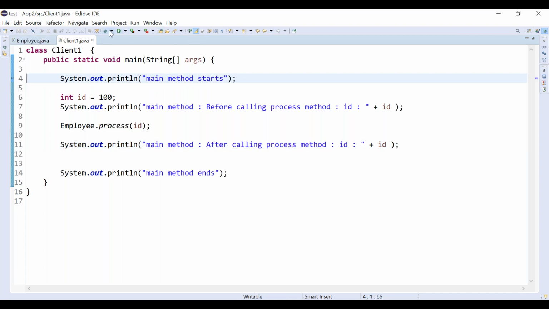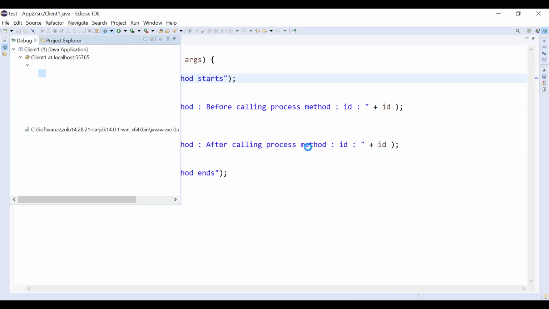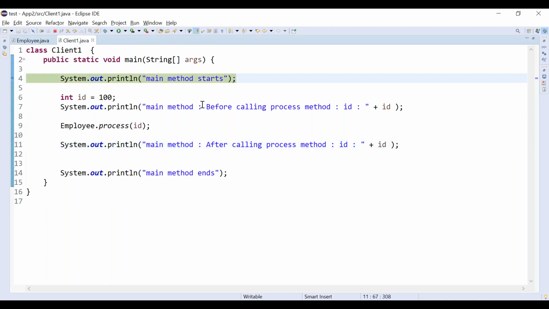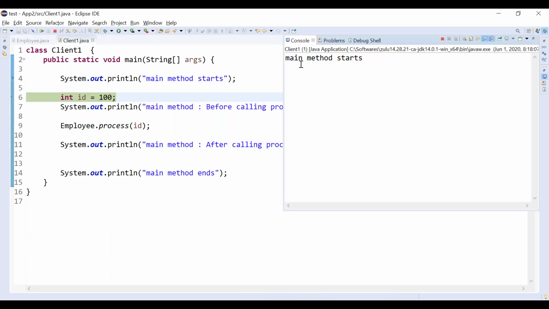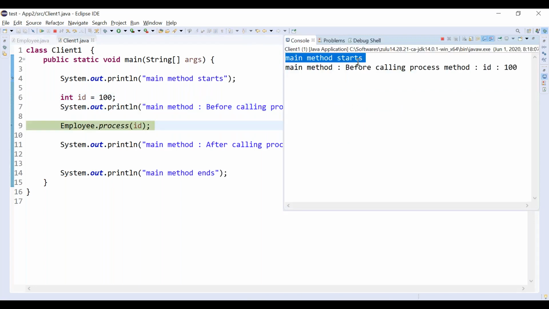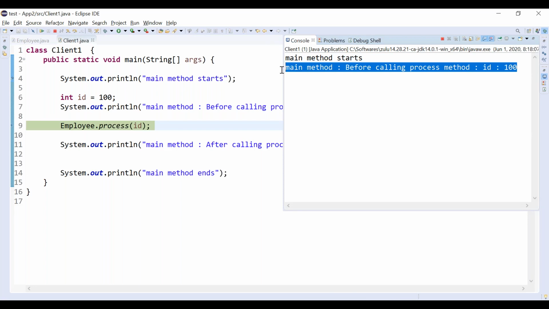Listen very carefully to what is happening in the pass by value concept. Our program started, main method starts. Now we assign 100. Before calling the process method, what is the value of id? 100, correct?